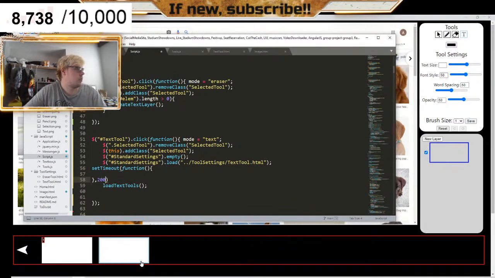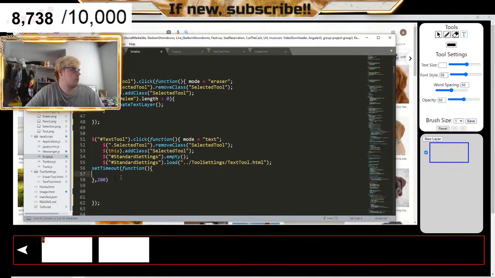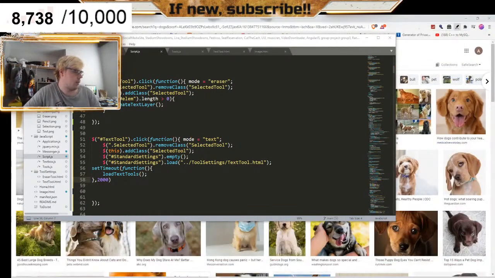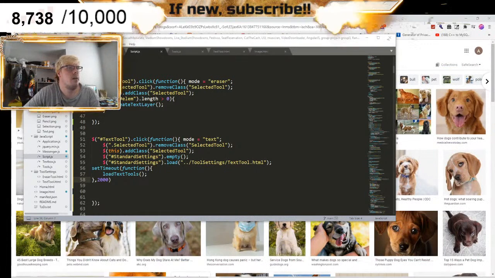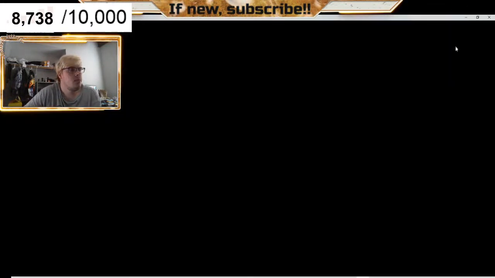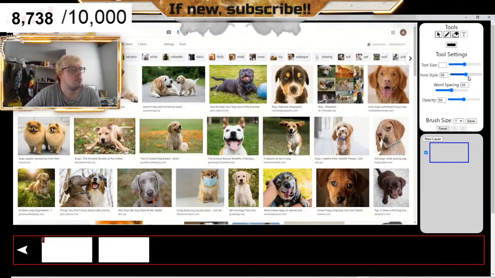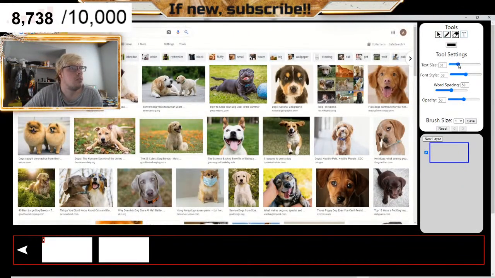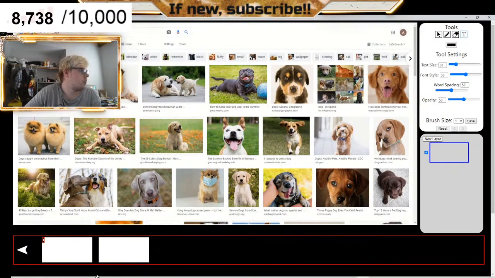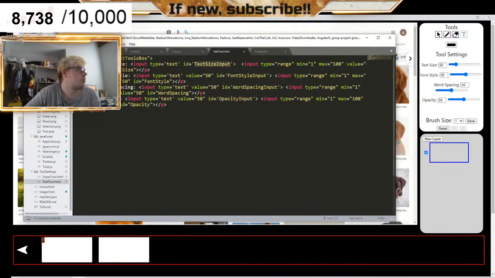Let's set it to 2 seconds, so that way it can get it. Because if it doesn't understand where it is, then that is concerning. So it does run, but